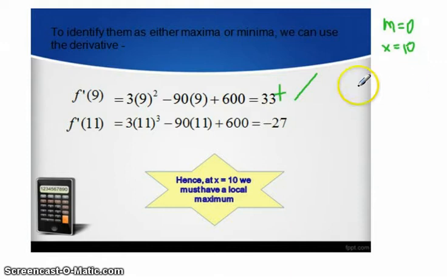So use 11 to replace your x in the first derivative of your function: 3 times 11 squared minus 90 times 11 plus 600. It will give you negative 27. This means that the gradient is negative, and when the gradient is negative, it means that your function is